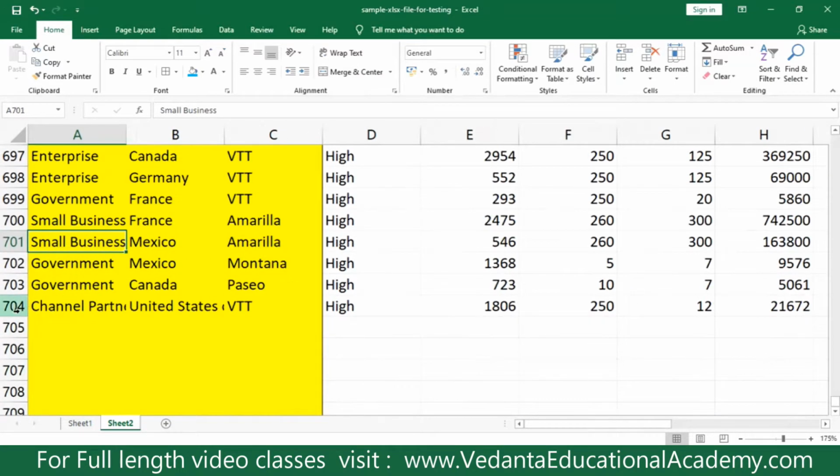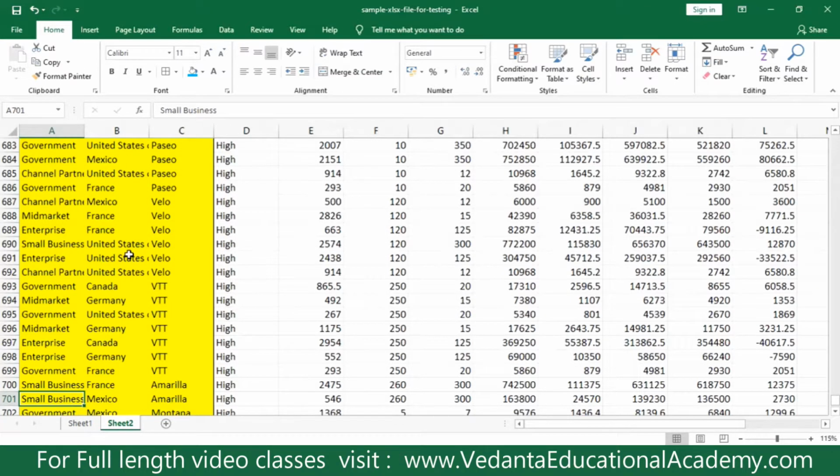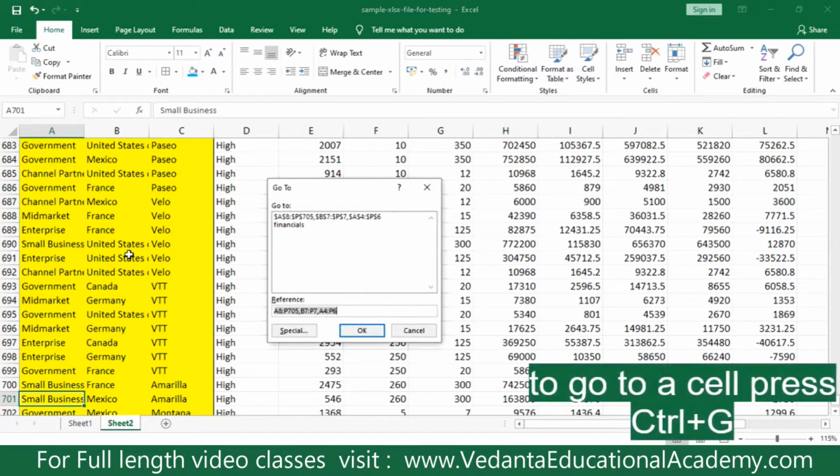I have the data in total 704 rows. So it is highly difficult to understand these 700 plus rows of data, right? By viewing it like this, it is highly difficult, correct? So Control plus G and just come back to the first again, A1.